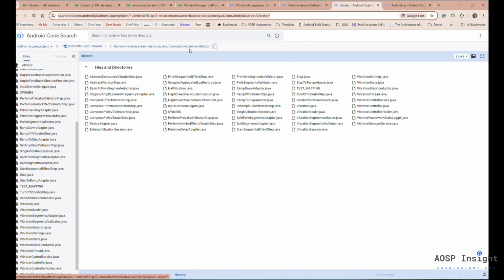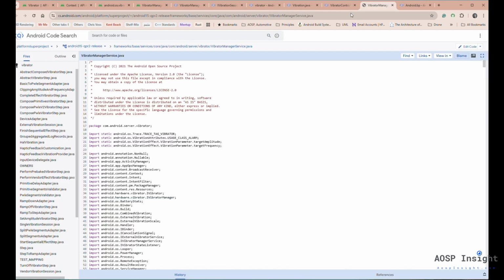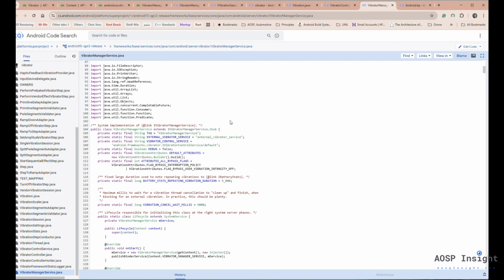And here we have the service version, the system service, which I mentioned previously. For example, Vibration.java. Let's look into Vibration.java as well. For example, we have VibratorController. We have VibratorManagerService. Maybe VibratorManagerService would be more interesting for us because that's a service extended from IVibratorManagerService, which